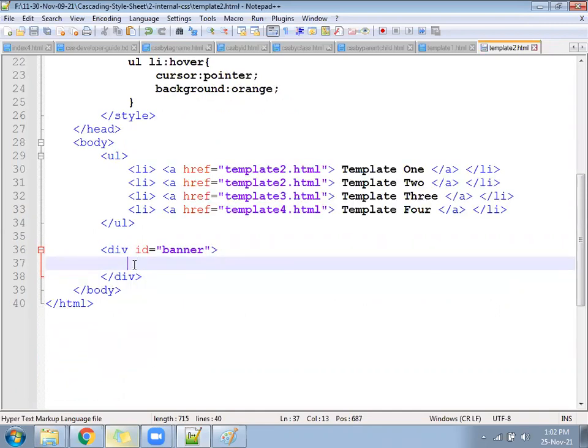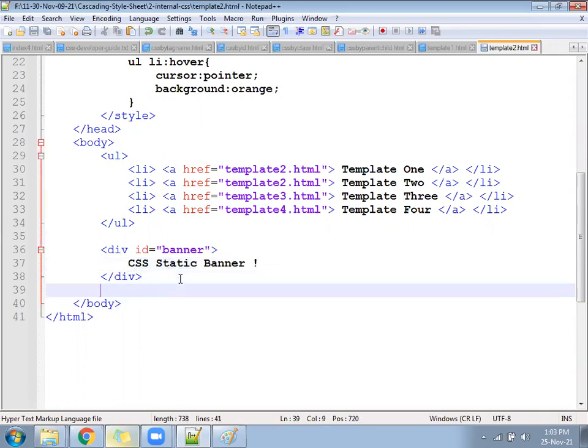Right inside this, write the CSS for the static banner. Written CSS static banner. Next after that.